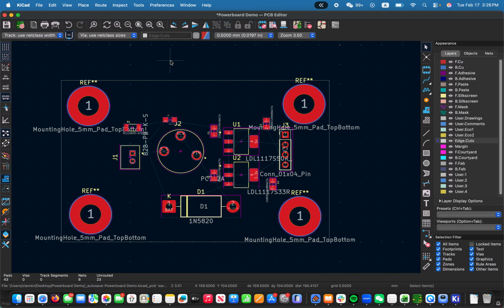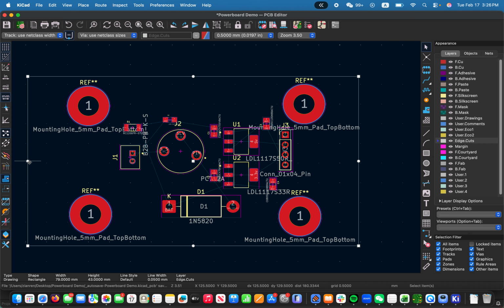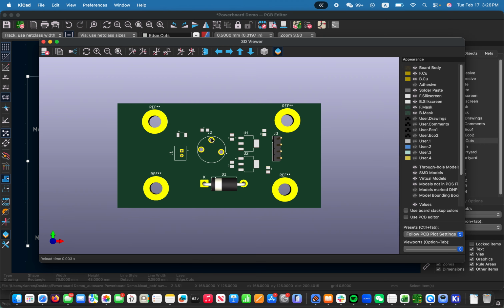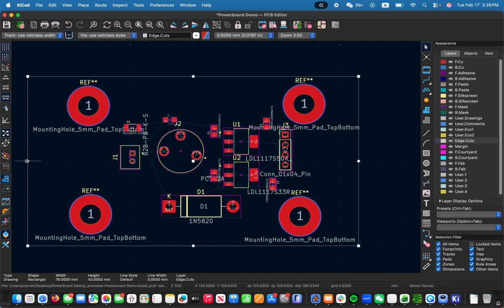Cool. So now we have that. Let me expand my PCB just a little bit because you see those letters, we want those letters to be printed so it doesn't cut off. So now if we go to our 3D models, well, you can see that there are some edges that we can shorten. Yes, that's fine. So I think the yellow ones, the yellow text will actually be printed on your